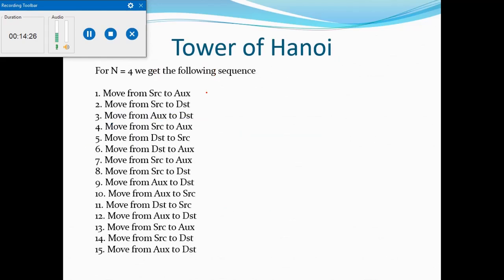Now, this is the set of the steps for n is equal to 4. Whatever we did in the diagram, you can just make sure and compare. But again, you can see the number of steps required, or the number of moves required, is 15. Okay, so you can say in this manner, the first 7 steps would be